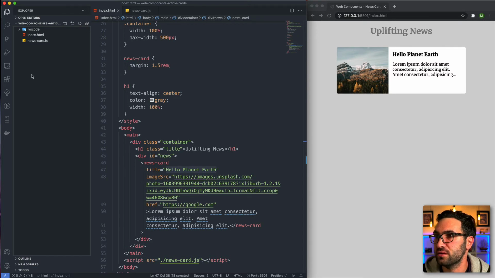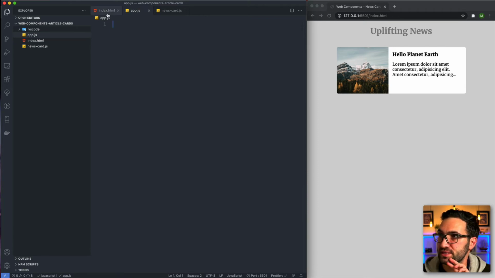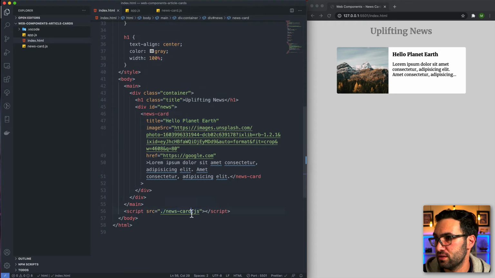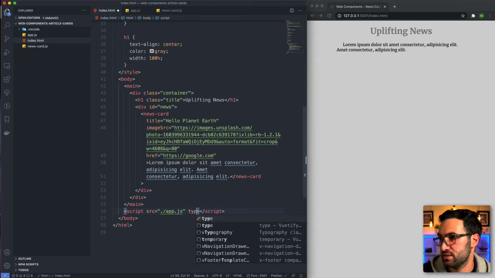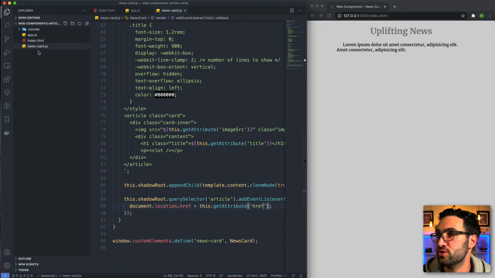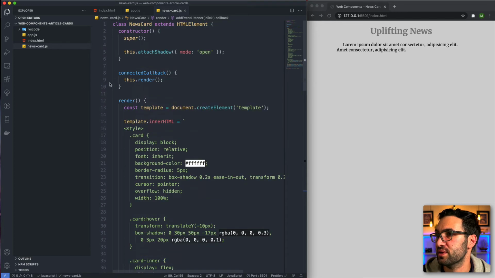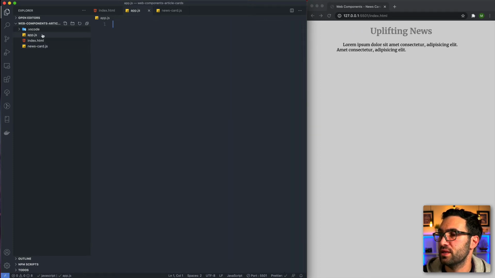So I'm going to create a new file called app.js, and instead of importing the newscard.js file, I'm going to import app.js, and I'm going to say type equals module. Next, I'm going to go into my newscard.js file, and in here I'm going to say export default class. Then in app.js I'm going to say import NewsCard from